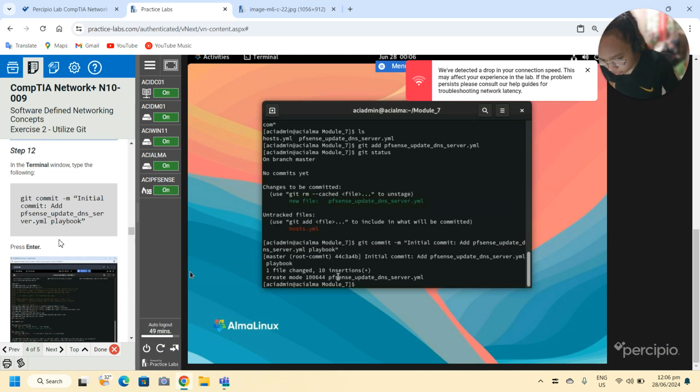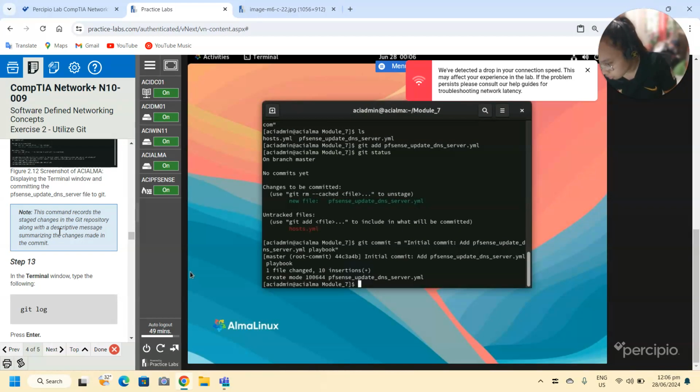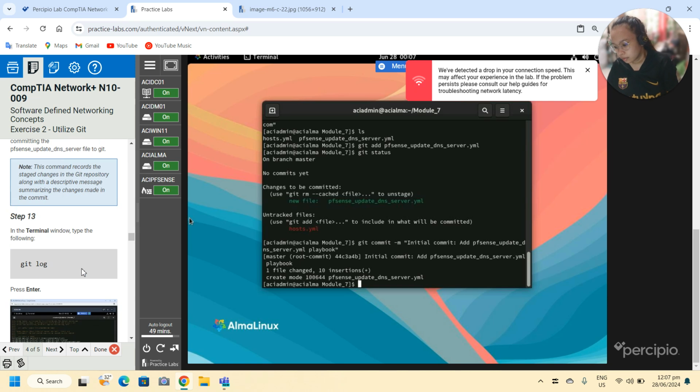Then press enter. So this command records the staged changes in the Git repository along with the descriptive message summarizing the change made in the commit.